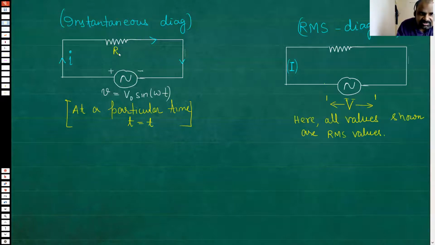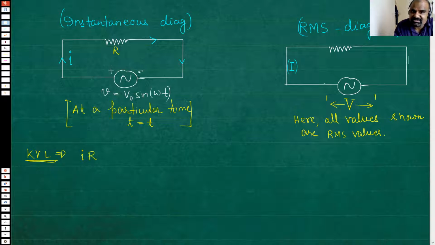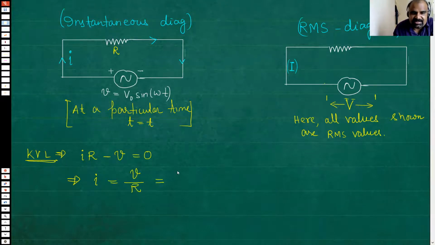Now let me come to this. Of course, this resistance was given to be R. Let me apply KVL, which is very simple; we have done it many times. From here to here, it is IR, the V drop. Then from here to here, since this is the negative terminal, minus V instantaneous is equal to 0. So we get instantaneous current as instantaneous voltage divided by resistance. And instantaneous voltage, as you know, is V0 sin omega t.